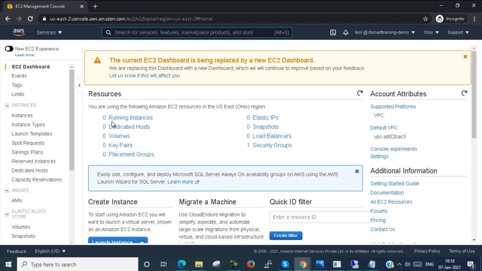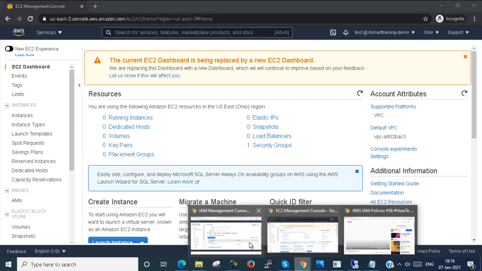So next, up to this, I think the concept is clear to all of you. Now I configured another policy